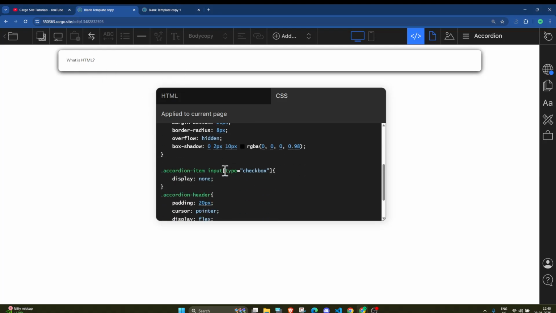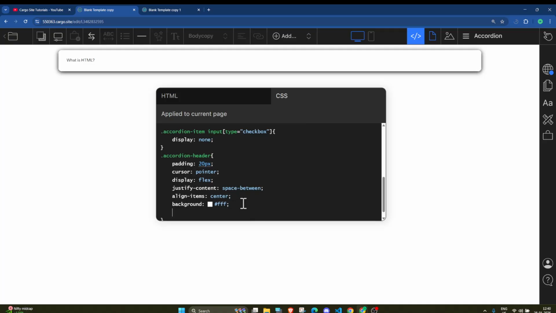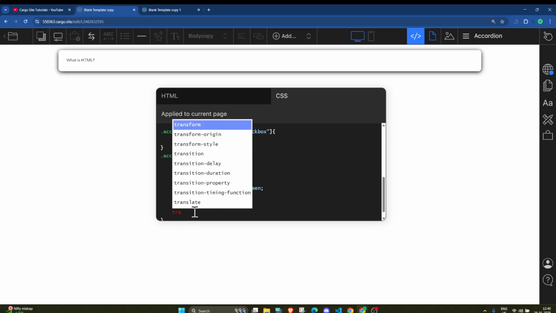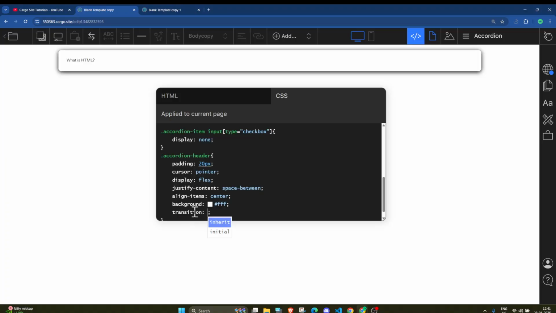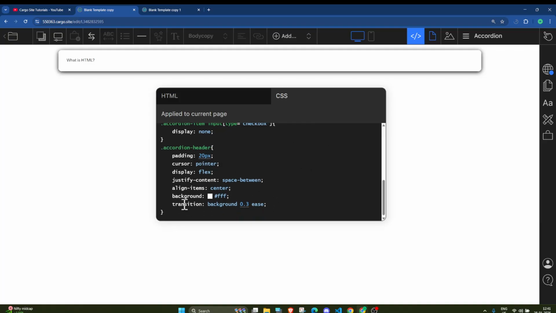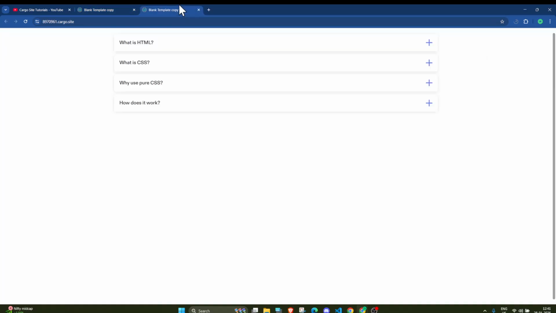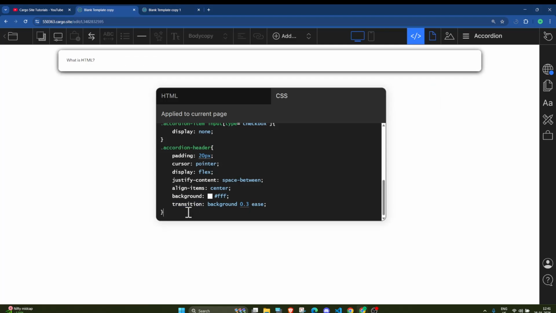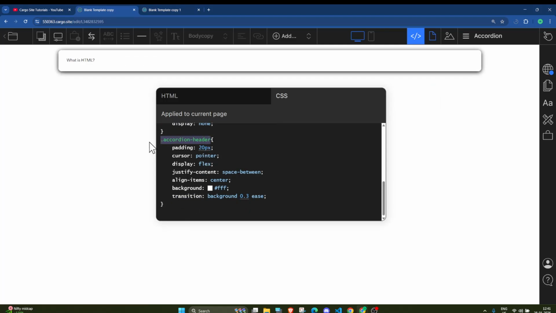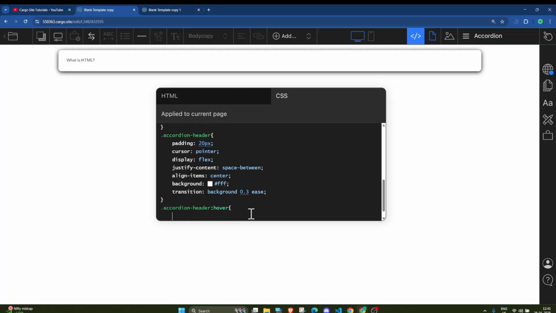After that, I will add a transition, background 0.3 ease. I have added this transition because on hover, as you can see, the background smoothly changes. So now I will add the hover first. I will simply copy this and add the hover, because on hover I want to change the background color.